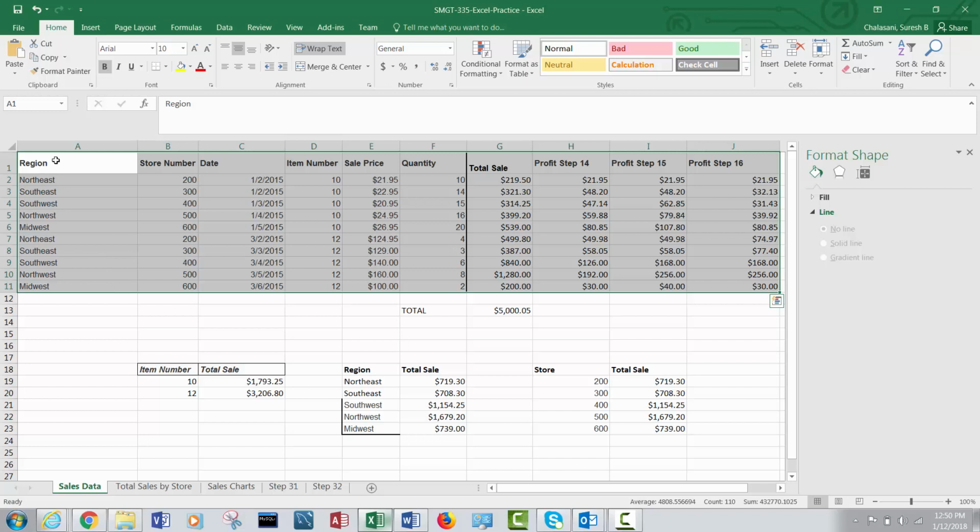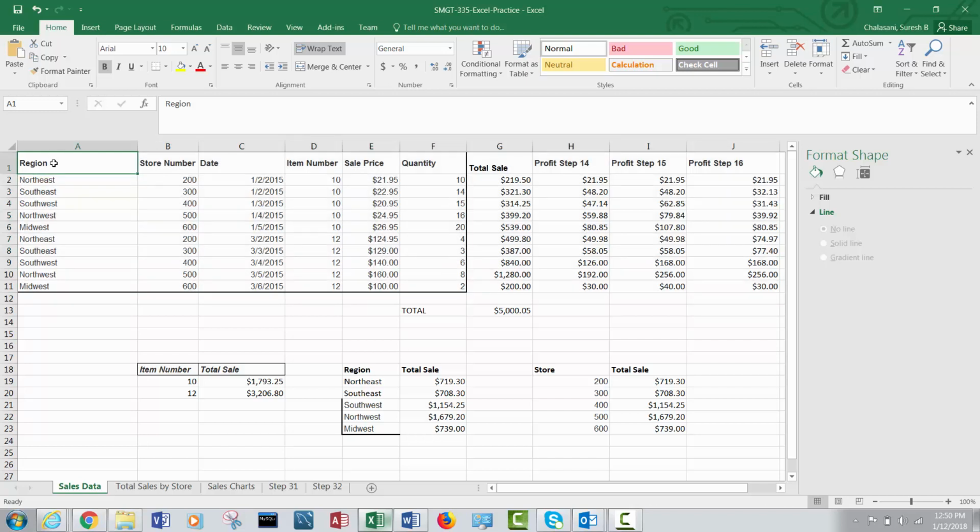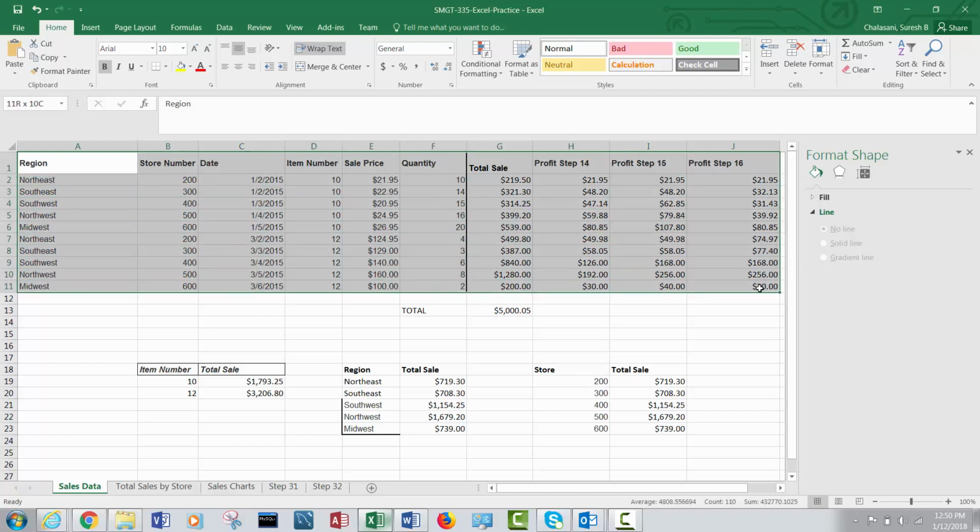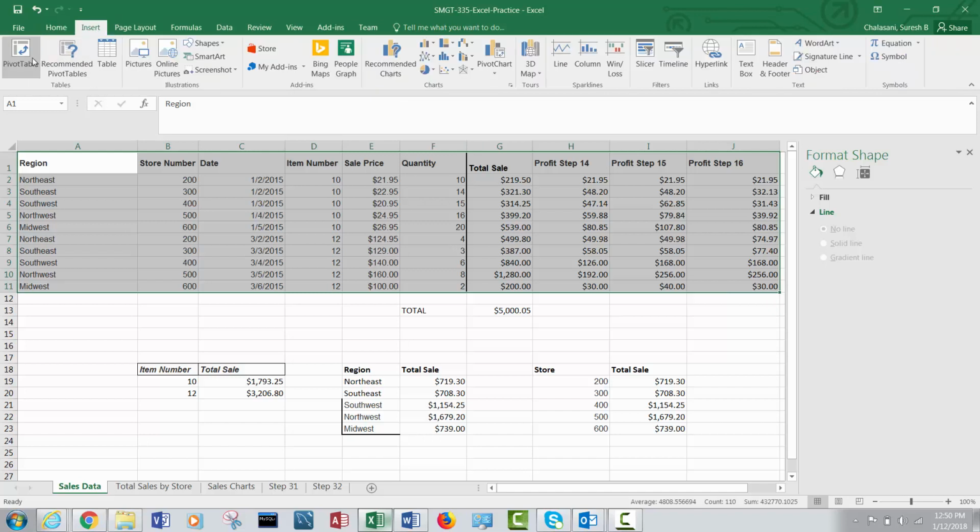have been working with, the sales data spreadsheet, the very first spreadsheet, the worksheet that you constructed, and select all this data from A through J in rows 1 through 11. All right, so select all this, and pivot tables you can construct them using just a couple of clicks. So go to the insert tab at the top, click on the insert tab, and in the left corner you would see pivot table,